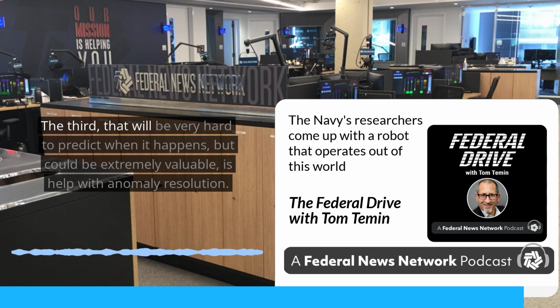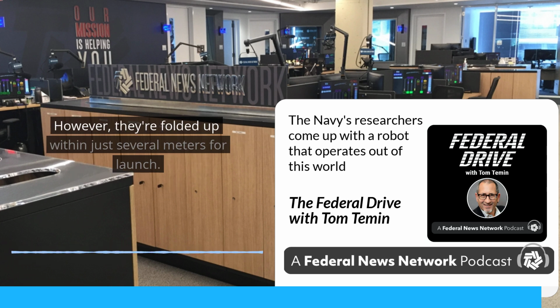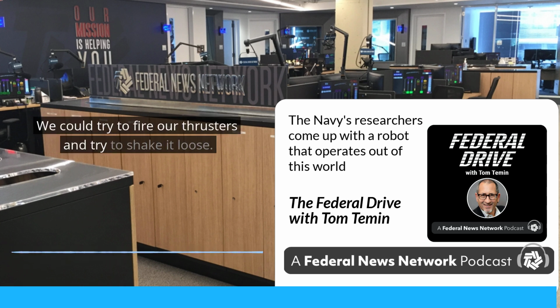The third, that will be very hard to predict when it happens, but could be extremely valuable, is help with anomaly resolution. Spacecraft are folded up very tight to fit on the rocket to go into space. We have spacecraft in geosynchronous orbit that have a wingspan larger than a commercial aircraft. However, they're folded up to within just several meters for launch. Every once in a while, something goes wrong with that deployment, and our options are limited from the ground, that we can send the command again. We can fire again. Did it work? We could try to fire our thrusters and try to shake it loose. We could try to put the failed component in